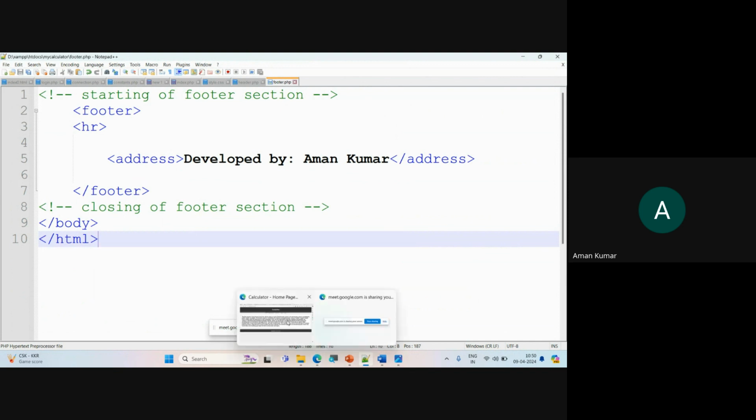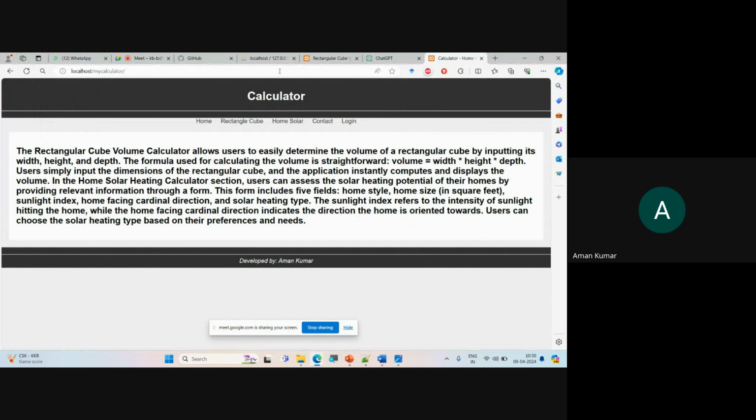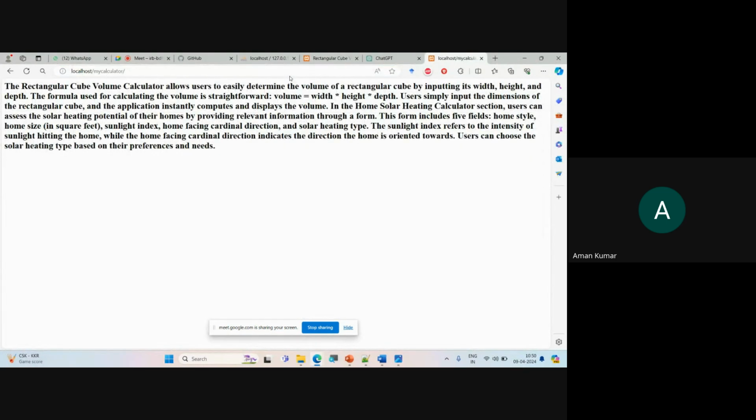Now we are going to run this. What exactly are we getting right now? Let me just save it again. Index.php. We will see only the normal content but in HTML form. See, just normal content. Why are we not seeing everything? Because we need to include that header on the top side, the footer on the bottom side, and this content should be in between